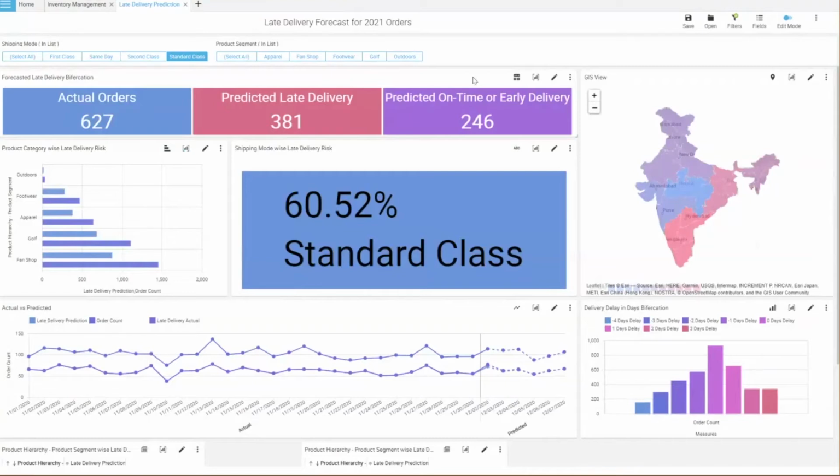Those factors may be the destination, the type of delivery, the type of product, so that the model is mature enough to find a correlation between all these factors. Using that correlation, we first tried to predict the number of probable orders. Then that was bifurcated based on different locations and different product types. And then we applied this model further to see, out of those probable orders, how many of them might get delayed.